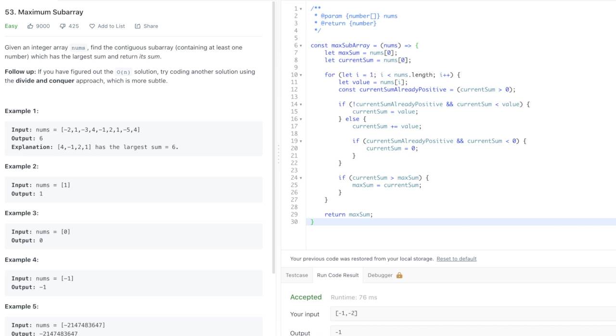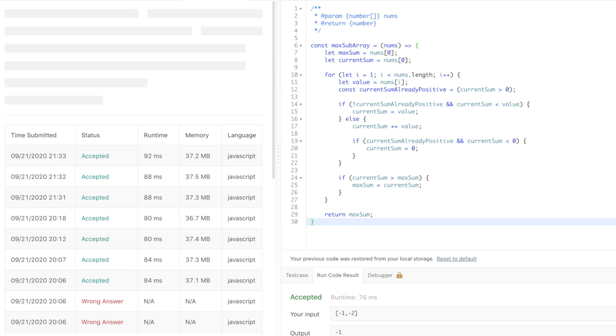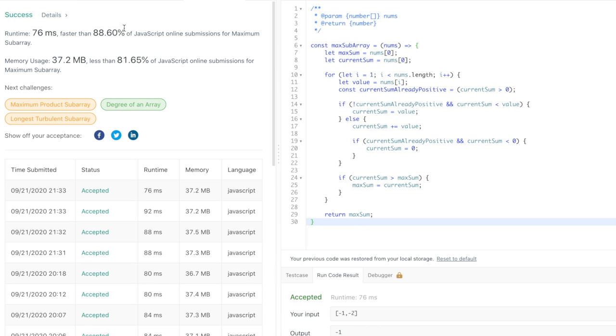Let's get to the fun part. Let's run our algorithm. Okay, as you can see, this is a pretty performant piece of code, and we've already done some big O analysis for this. You know, this is a single for loop, this is an O of n solution, and hopefully now you have a better understanding of how to solve max